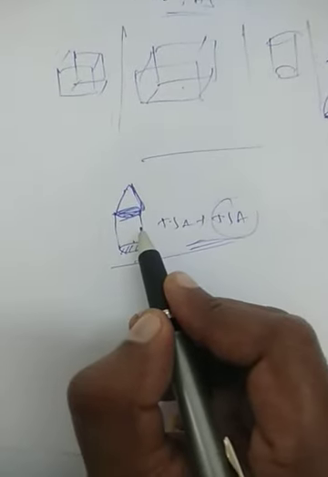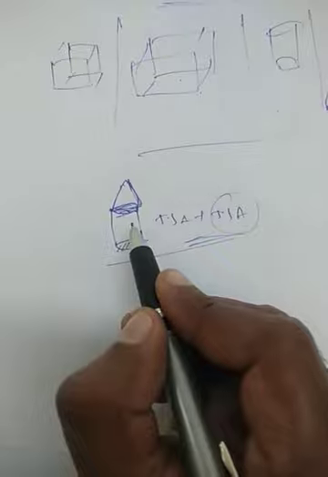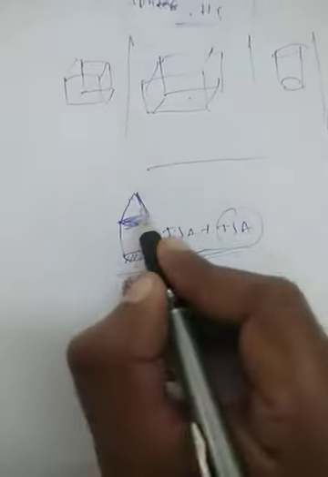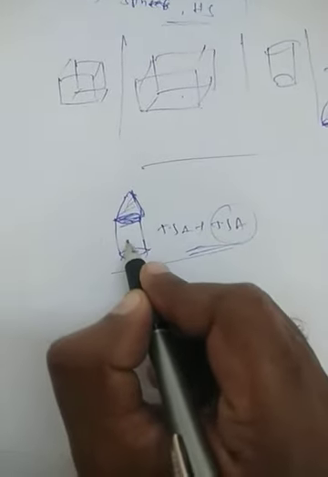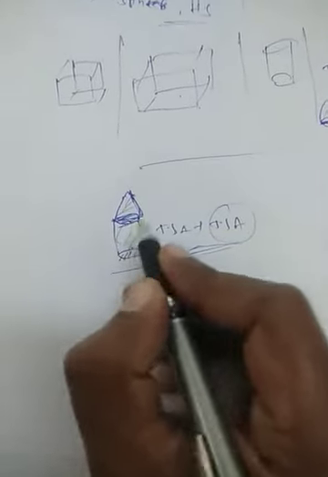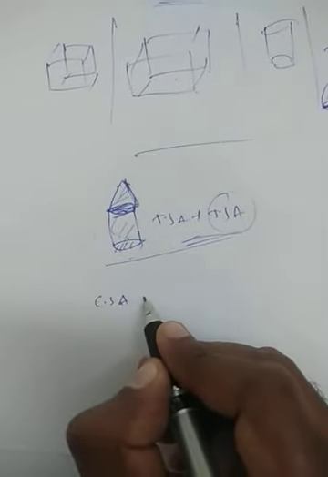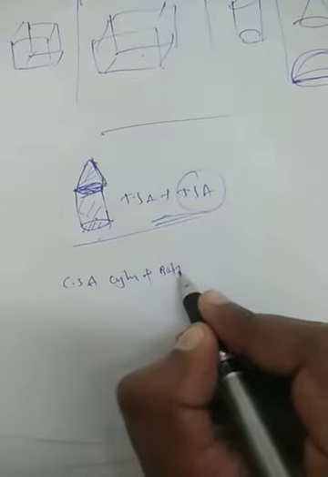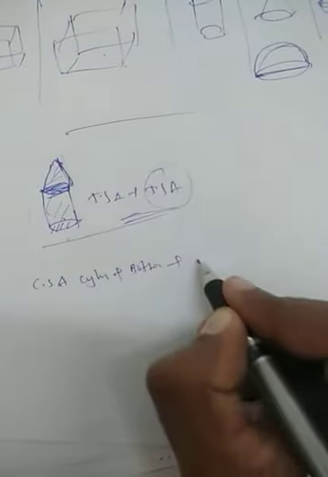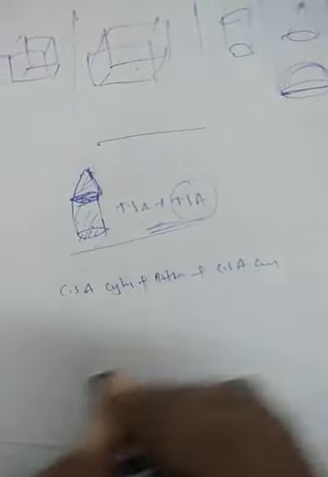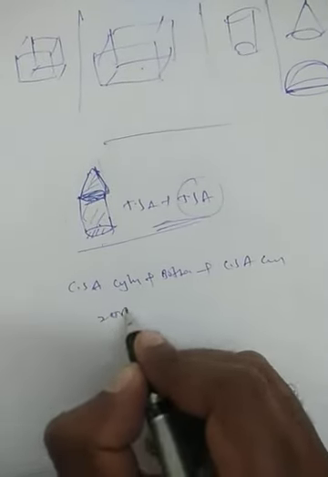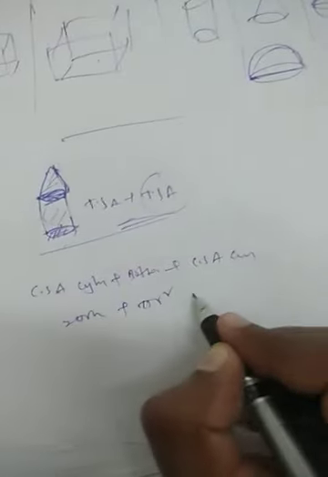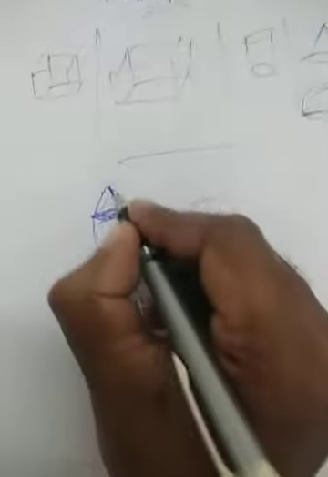For example, while doing these curved surface area problems, we need to imagine how we can paint this figure, since it is combined. The figure will be like this. How are we going to paint it? First we paint the curved surface area of the cylinder plus this bottom area plus the curved surface area of the cone. In general we know curved surface area is 2 pi r h, the bottom is a circle with area pi r square, and the curved surface area of this cone is pi r l.